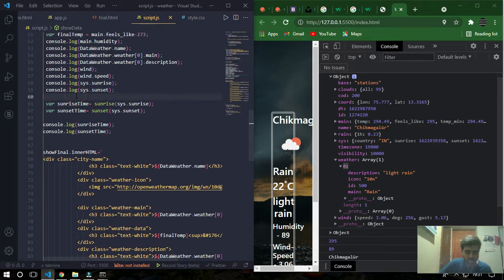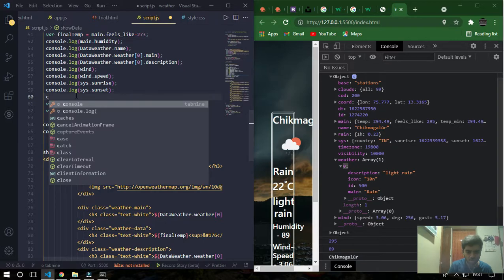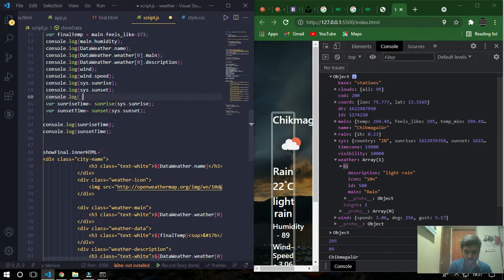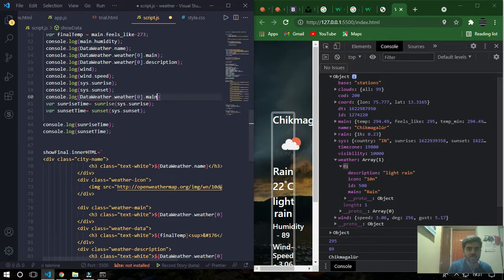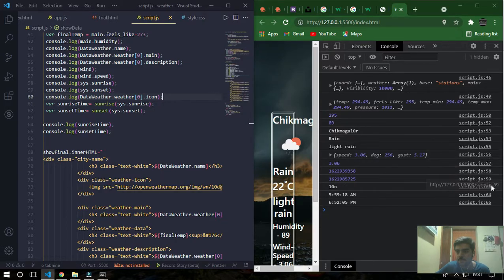Console dot log data, weather of 0 dot icon. Okay, it's 10n.